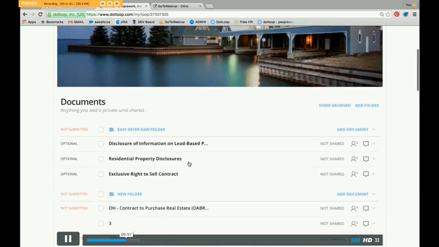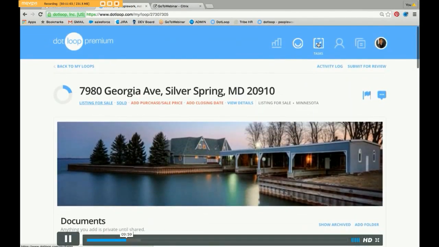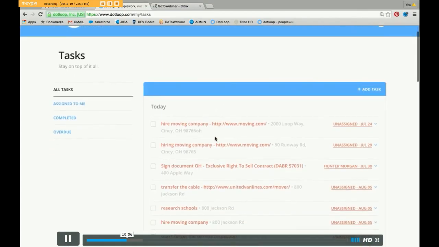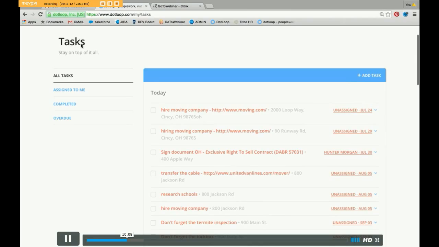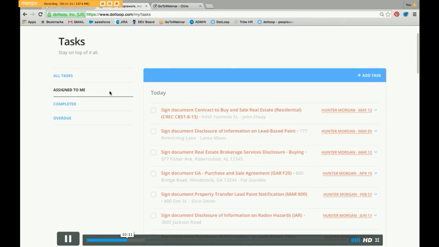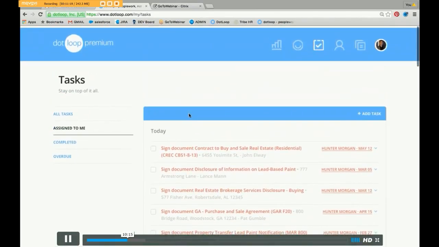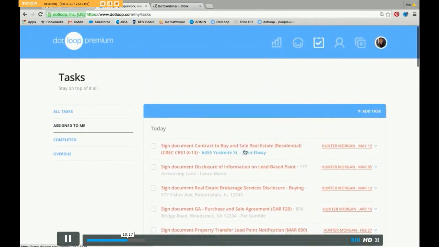And the idea with the global task section is that all of these task lists from all of your loops get filtered up to one global view, so I can go to my global task section and see everything that's assigned to me that's due today or tomorrow or the following week. And there's a link back to each loop here. So if I check these off here, it checks them off in the loop. So this is the global view throughout all your transactions, and that's if you decide to start using Dotloop's task